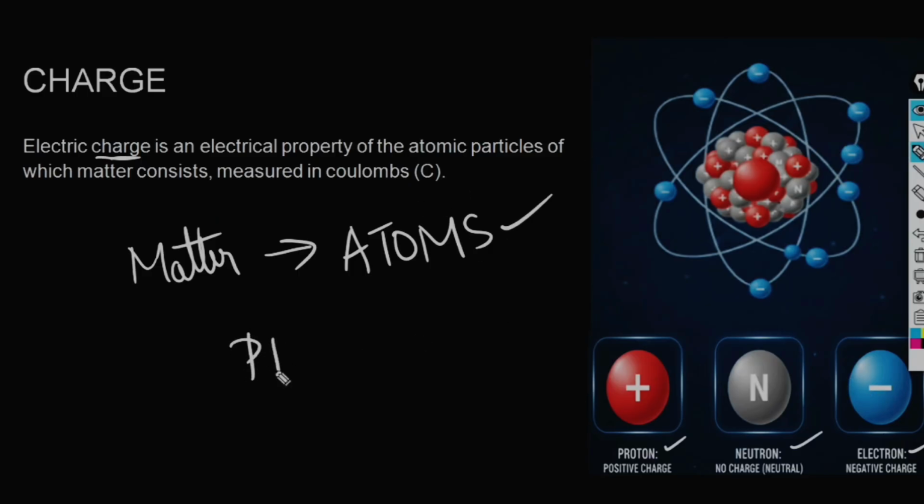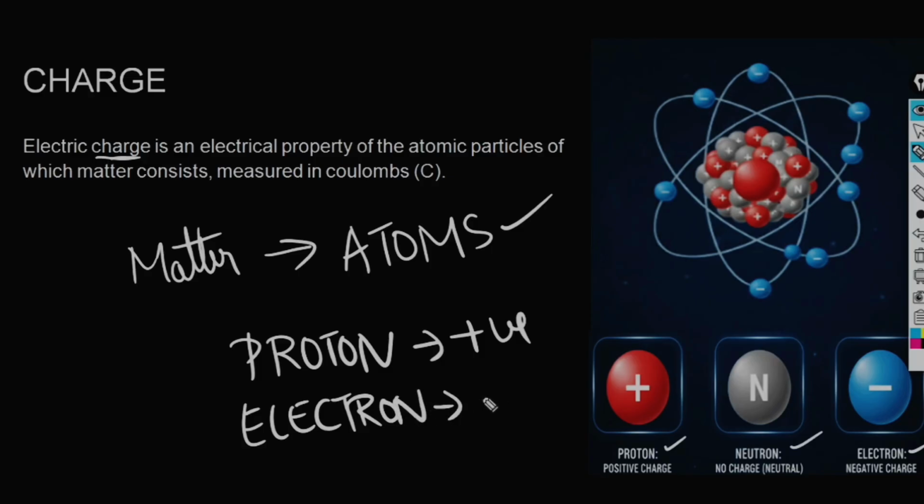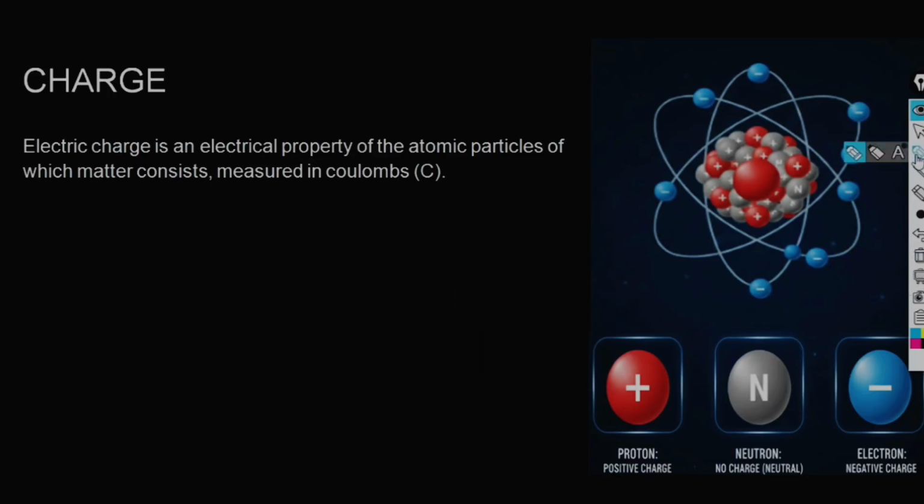When you call something as a proton, it is associated with a positive charge. When you call something as an electron, it is associated with a negative charge. From that, what we understand is protons and electrons of atoms have an electrical property called charge. Okay, it can be positive, it can be negative. And along with that, what you need to know is like charges repel each other while opposite charges attract each